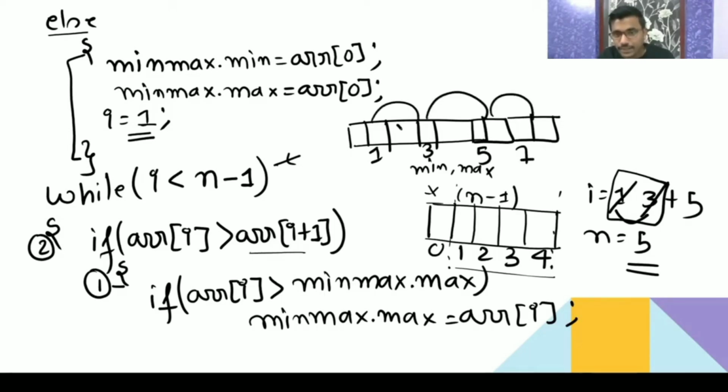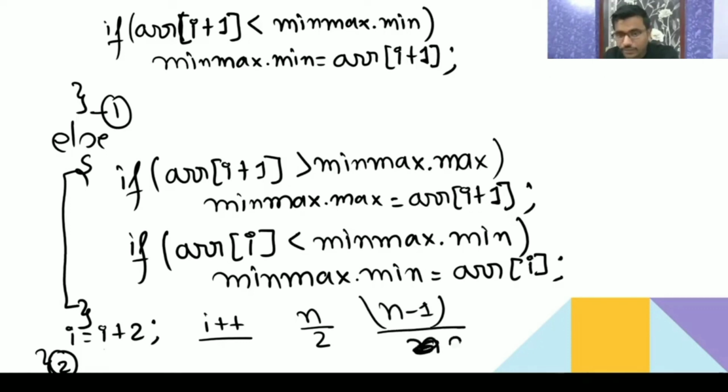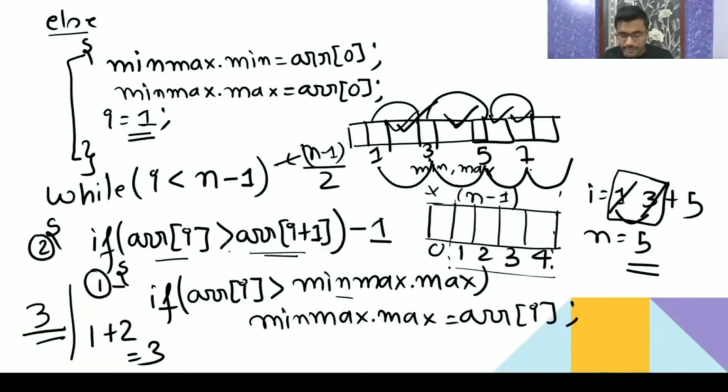So this index 2 is not going to be the ith value. You are skipping; you are not running i plus plus, this loop is not running like i plus plus. As I have shown you in the time complexity, it is increasing as i plus 2, meaning the total number of times it runs is n by 2. Here the total element is n minus 1, so this loop is going to run for (n minus 1) by 2 times. Now please let me know if you still have any doubt. I can explain again. Please let me know whether it is clear or not.